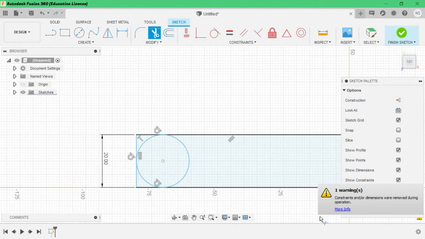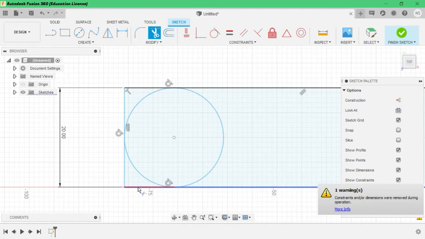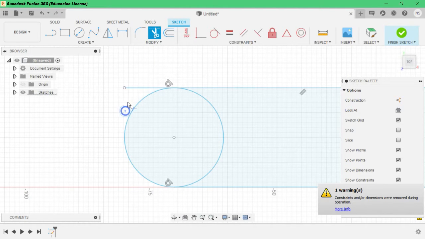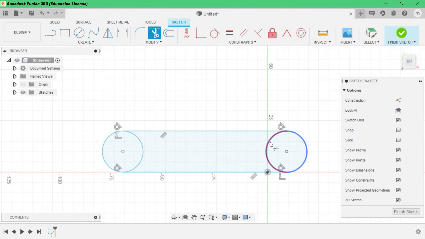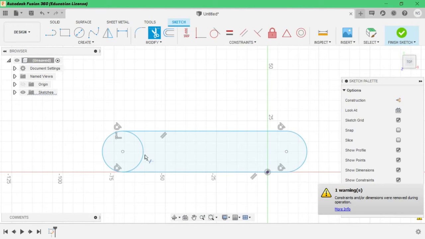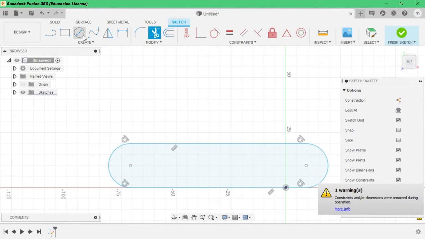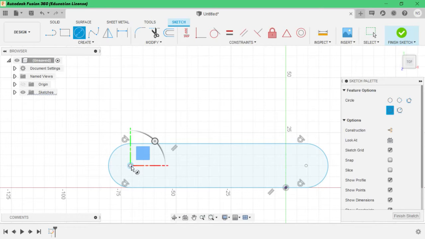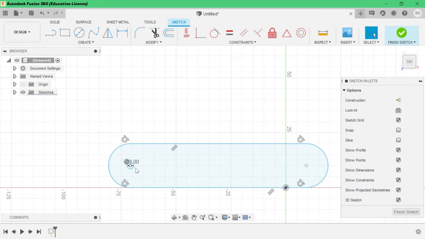Some constraints are giving a warning. Constraints are removed because we are deleting the objects which are in constraint. So now we have created the curvatures. We can create the arc from these lines, but I want to teach you constraints, so you must do it like this, and again a circle of 3 mm thickness,